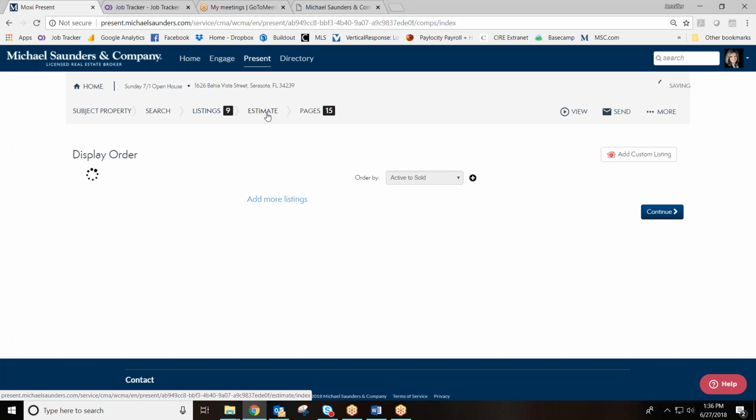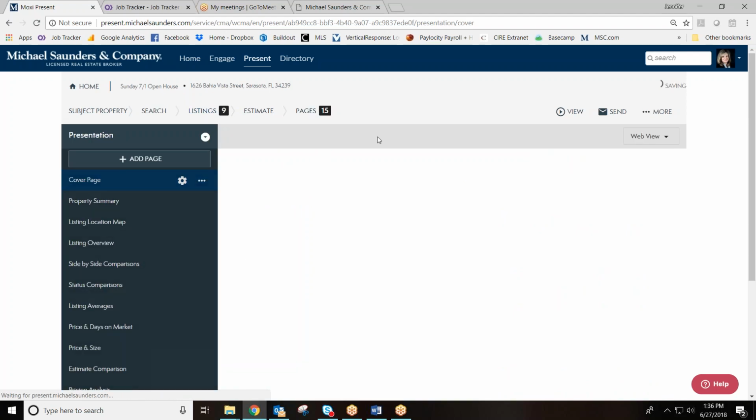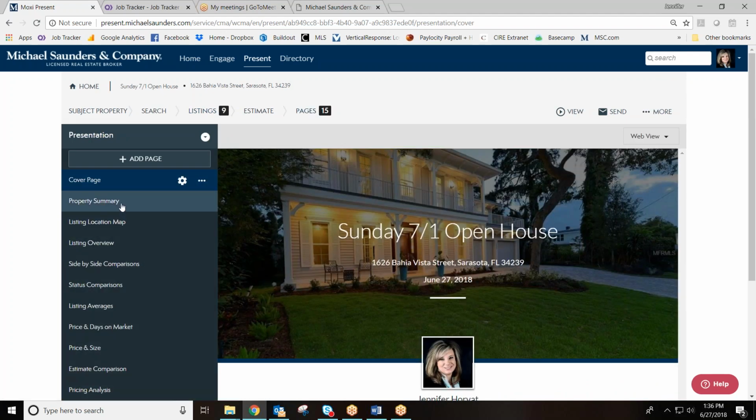Again, I'm not going to do an estimate at this point unless you wanted to. An estimate could be something really good to show your potential buyers of this property what it would cost to purchase it. For now, we're going to go straight to pages. And again, what I want to do is just remove some of the pages that may not be necessary or relevant to somebody that's coming to my open house. So I've already showed you how to do that, so I'm not going to linger on that page for you,